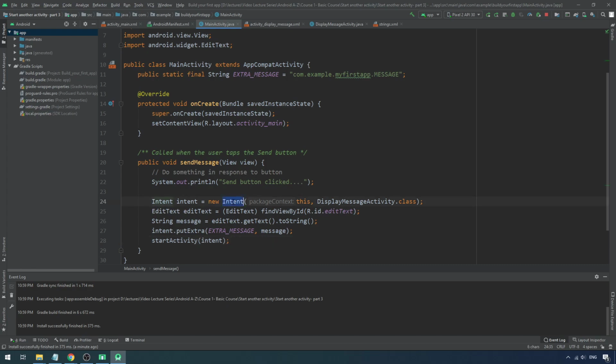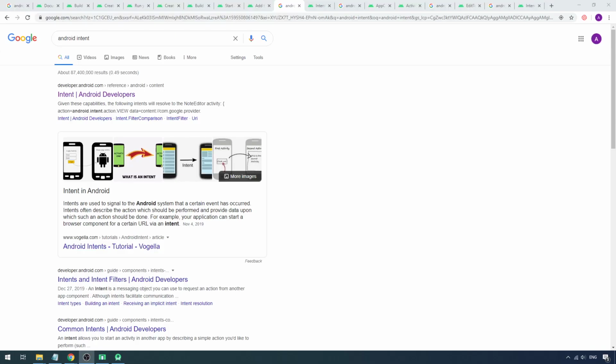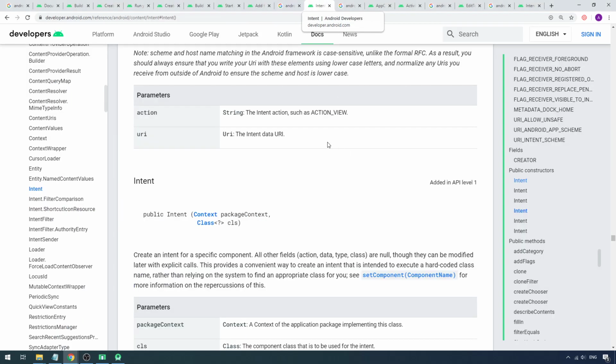So we'll start by looking at a few things. Okay, Intent. So what is Intent, right? We have to do a Google search for Android API and look for Intent. If you do a Google search for Android Intent, then you will be taken to the Android API. When you look into Intent, you will see that there are multiple constructors available.